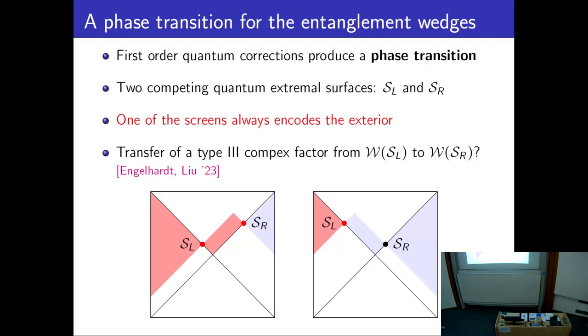So do you mean, do I assume that the Hilbert space factorizes between these two screens? Yes, we don't enter into this, so we kind of assume that it's the case, but it's clearly an interesting problem that should be seriously considered. But I don't have anything precise to say on that. Okay, thank you.